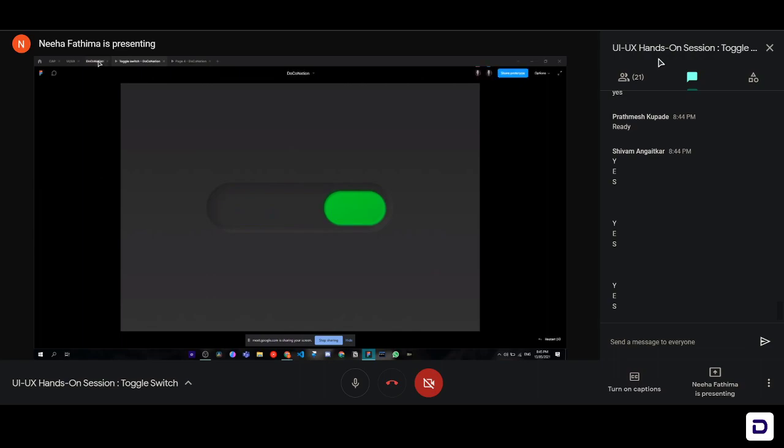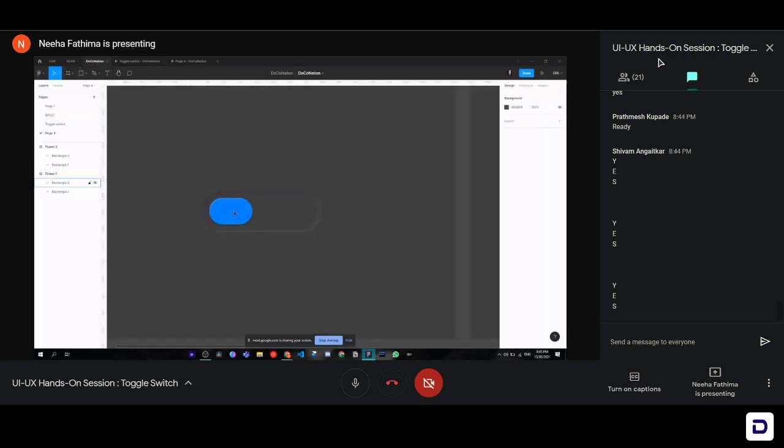So what we will be doing here is we'll click on this little rectangle and go to our properties panel on the right side and go to prototype. As soon as you go to the prototype section, you'll see a little round circle on the right side of the element that you've chosen.